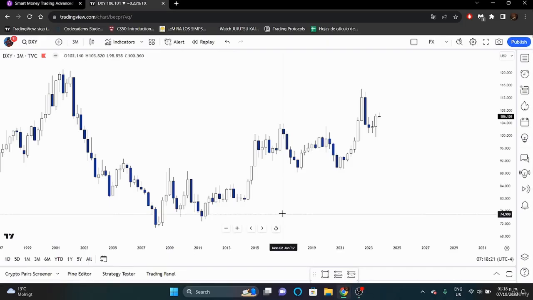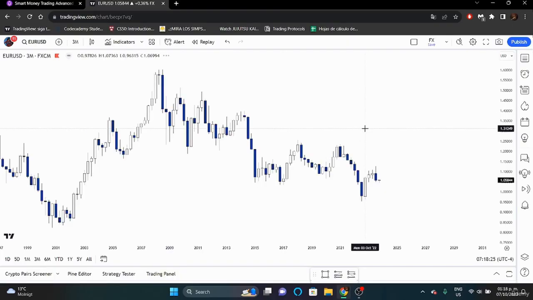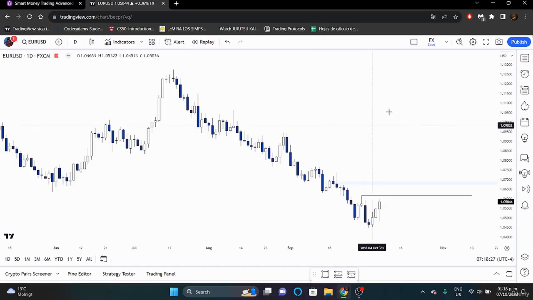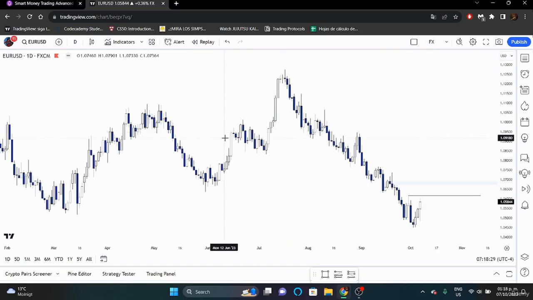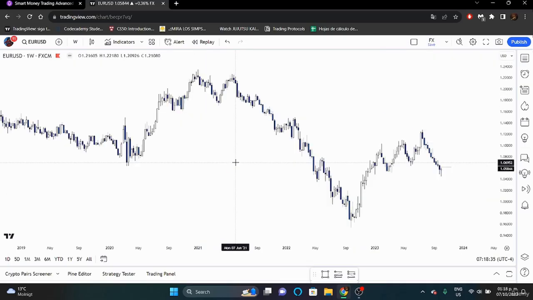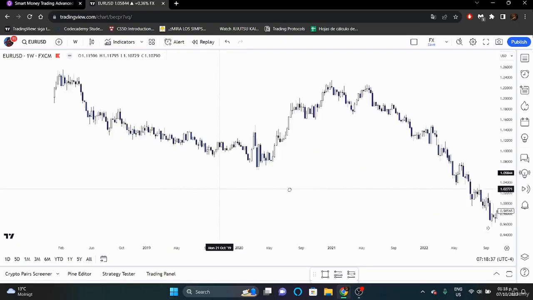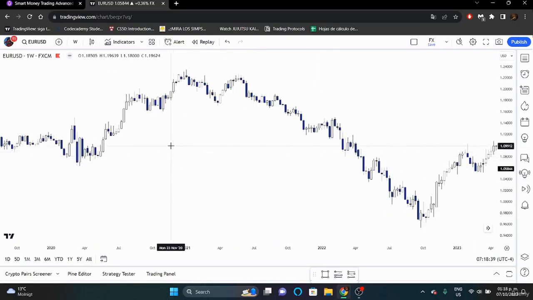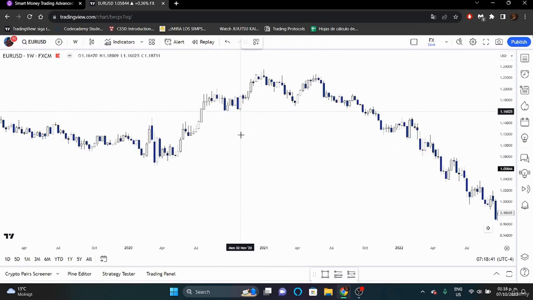Okay, well, on this class we're gonna learn about market structure, okay? So let's go to a daily time frame. Well, let's actually go to a weekly time frame. And let's go over here. Market structure is basically swing high and swing low formations and the legs of this swing low and swing high